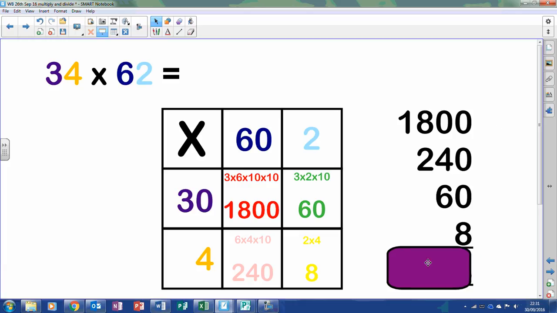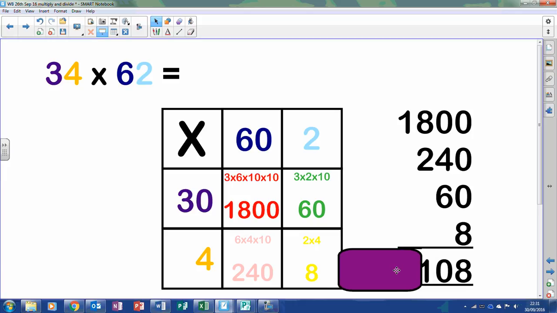8 plus 0 plus 0 plus 0 is an 8 in the units column. 4 and 6 is 10, so we're going to put a 0 in the tens column, carry 1 into the hundreds column. 800 add 200, again, is 10 hundreds, but we've got to add the 1 that we just carried over from there, so it's 11, so we've got 1 in the hundreds column and 1 in the thousands column. We've also got this 1 in the thousands column, so that's another 2, so it's 2 in total in the thousands column. So it gives us